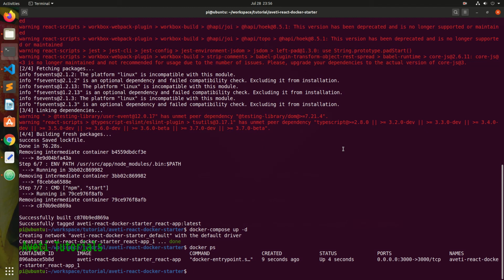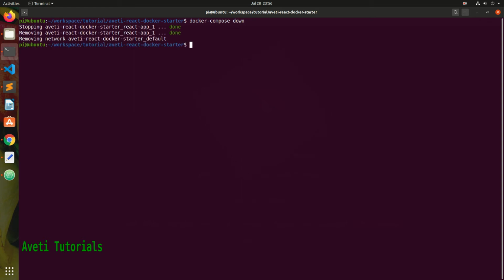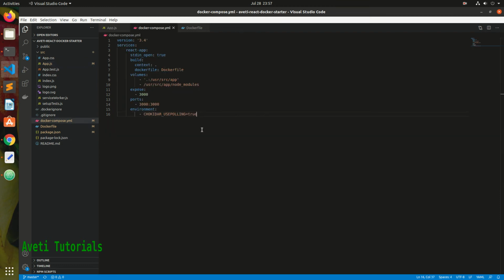This way you can also use docker volume and do development. Another important part I will show now is we'll create two services and share the same source code with these two different services or two different containers. Let me quickly edit our docker compose file.